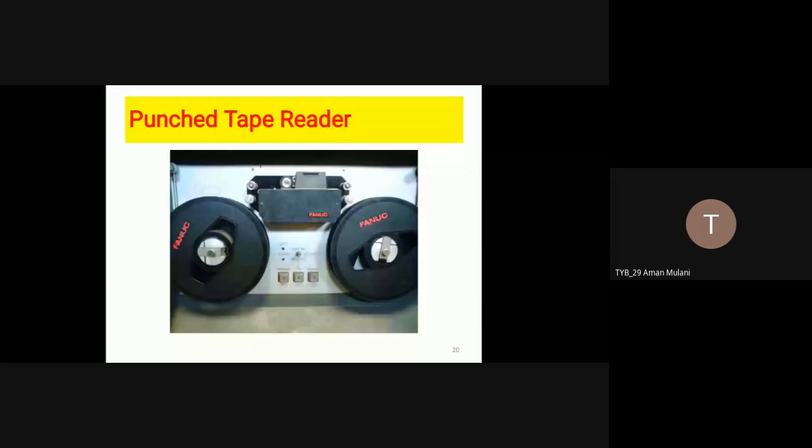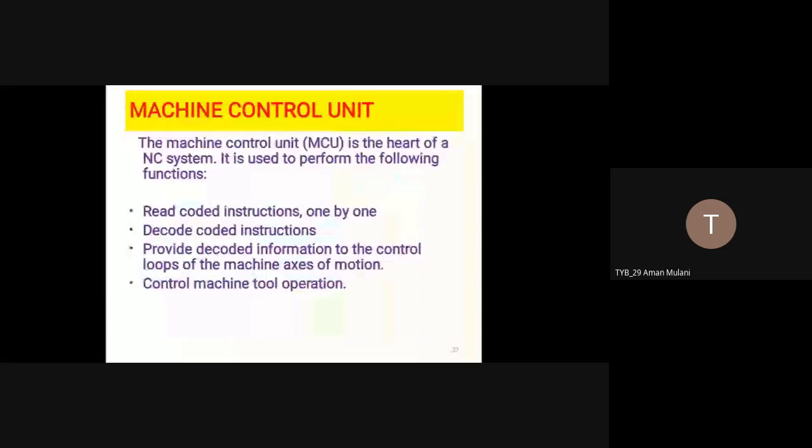So for programming also about 10 to 20% is different. Okay, so if you are using the Fanuc system, then we have to write the Fanuc system code only. If you write for the Siemens system, you have to use the Siemens system G and M codes. Then MCU,